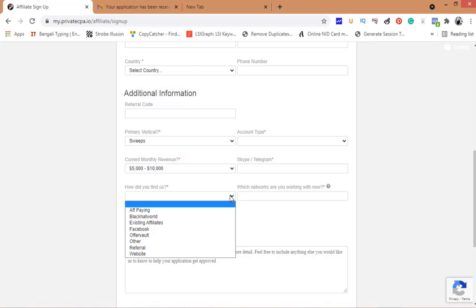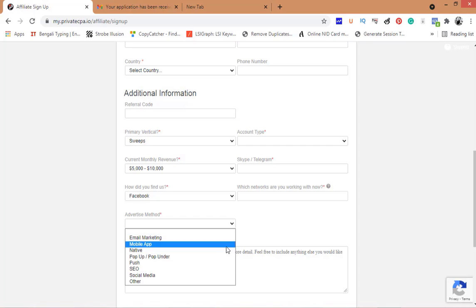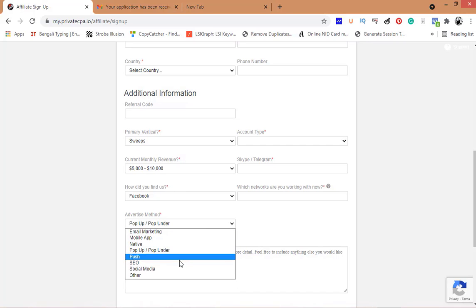Now registering here is a bit tough, as in CPA marketplaces these days. When you register on these sites, you have to mention that you are pretty advanced in promoting CPA or affiliate marketing offers. When you register, you have to choose your verticals and your monthly revenue.